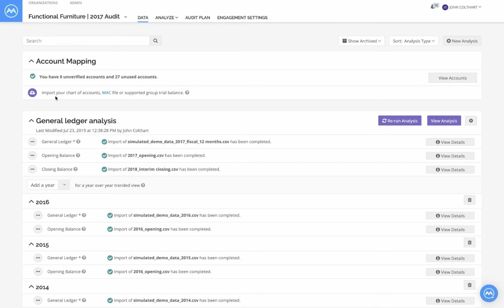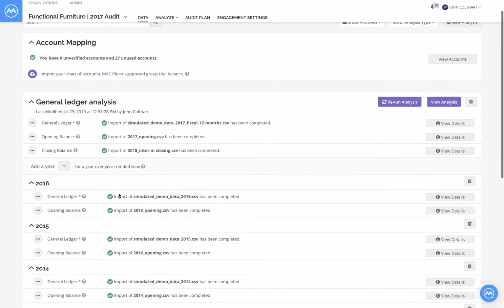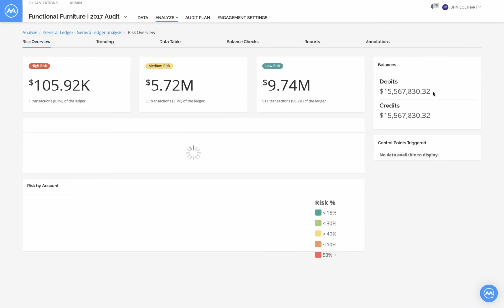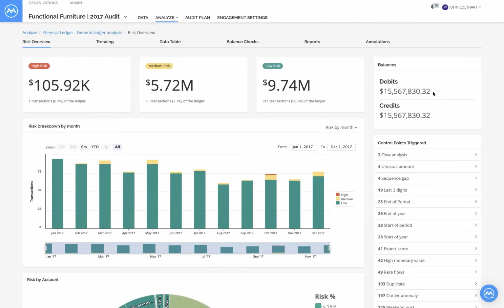Now, what AI Auditor does is it ingests all of the data you can possibly want to pull in. You can notice here in this pre-completed sample that I've got for you, I'm looking at not just the current year's worth of data, but I've actually gone back and posted prior year's worth of information. As I dig into the actual analysis, I can see a lot of high-value information right as I get in there. So when you think about that first point in time, when you're starting to get into your client's business for that next engagement, doing that interim work, imagine you've already used AI Auditor, you've already got all this data,